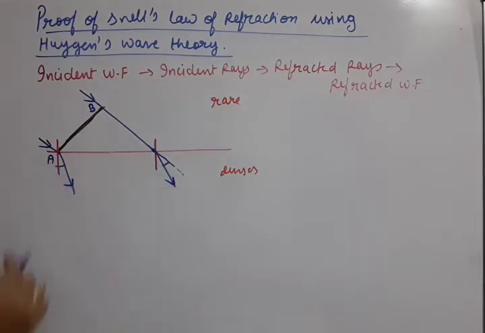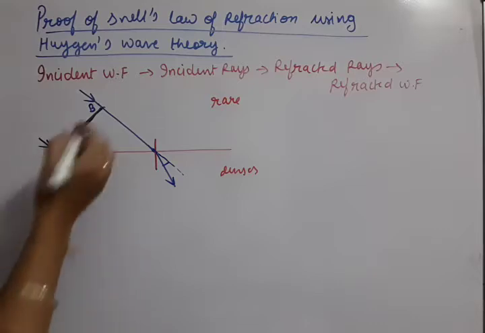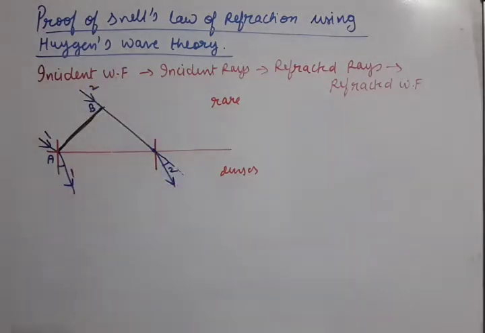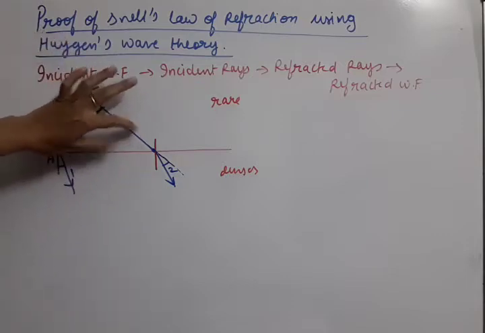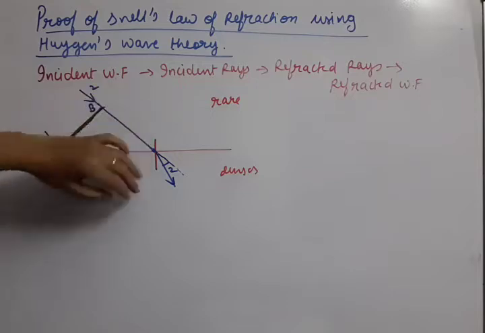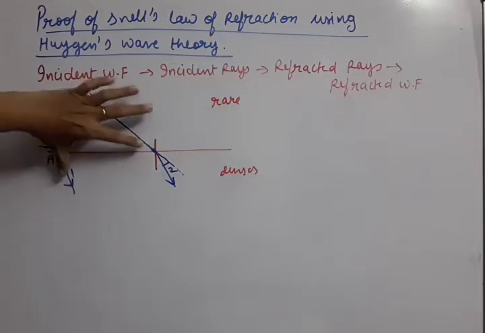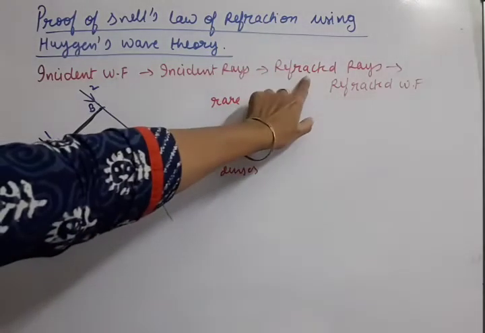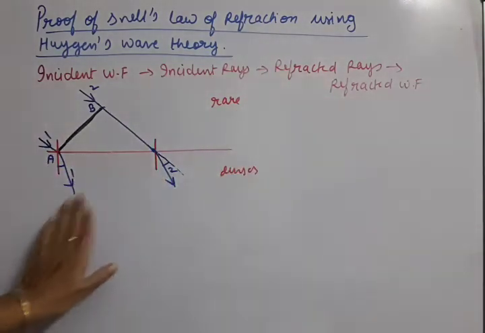So we have got here two rays. Ray number 1 is this, ray number 2 is this. These two rays were parallel in the rarer medium also, and after getting refracted they will bend by the same angle. So they will still be parallel with respect to each other. This diagram we have drawn till the third step. Now we have got the refracted rays. These are two refracted rays.